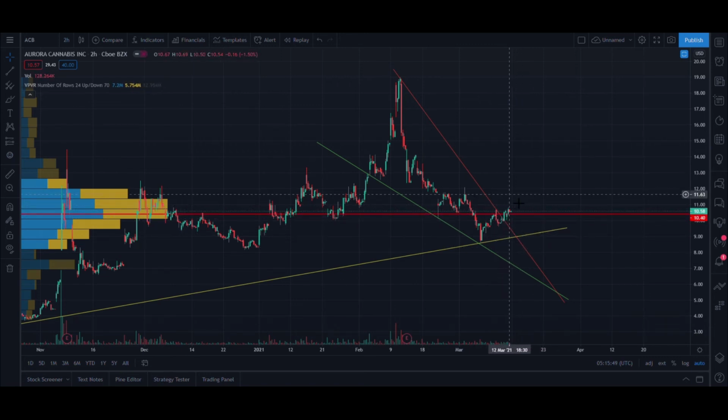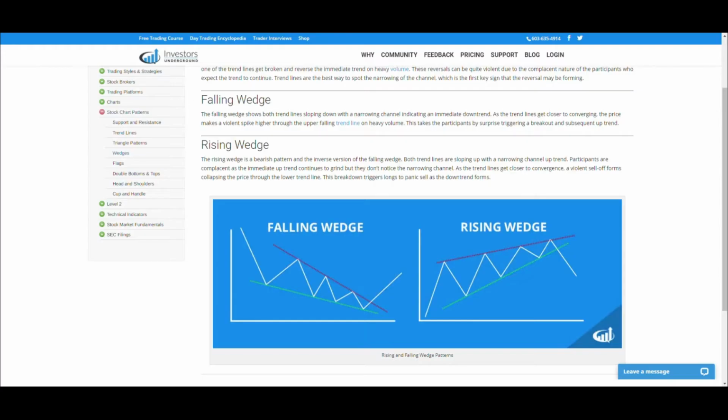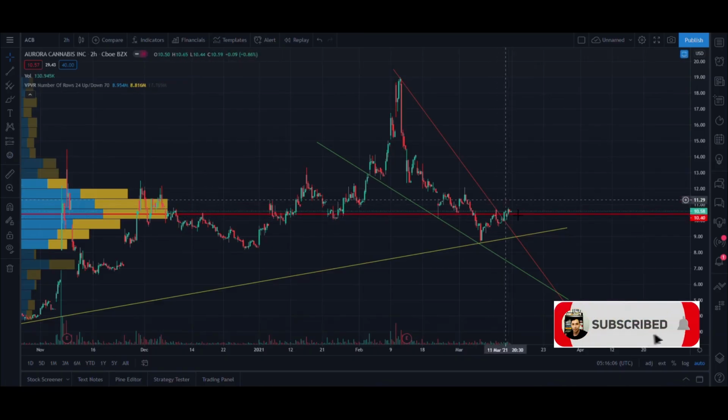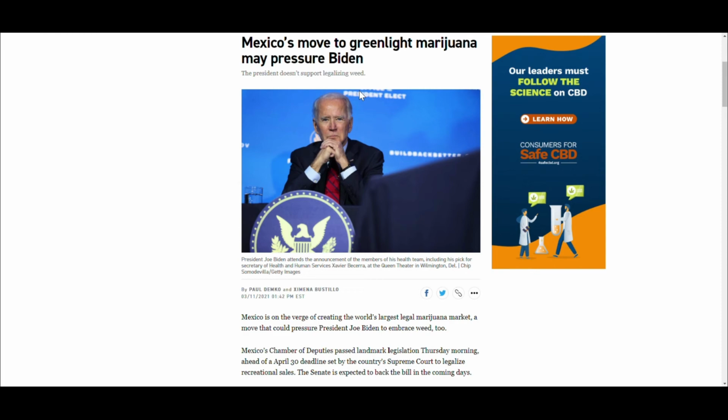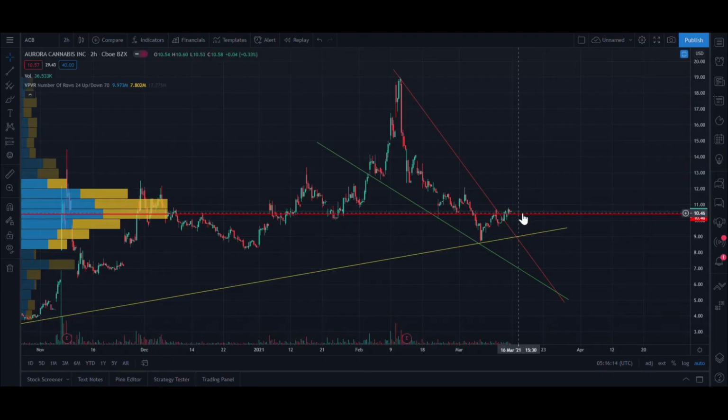You guys that do technical analysis full time, let me know if this is a breakout to you as well. But to me, it seems like it's a breakout. If it's a breakout, we're possibly going to start ascending to the rising wedge. If this is a confirmed breakout, it is possibly because of many factors. One, it could be this news article that I just showed you. Another thing could be the whole stimulus being passed. Usually when the stimulus is being passed, I notice there's always a huge trend for the weed stocks and the recovery stocks and all that stuff. So that could be it. But either way, that's basically what I see with this breakout happening.